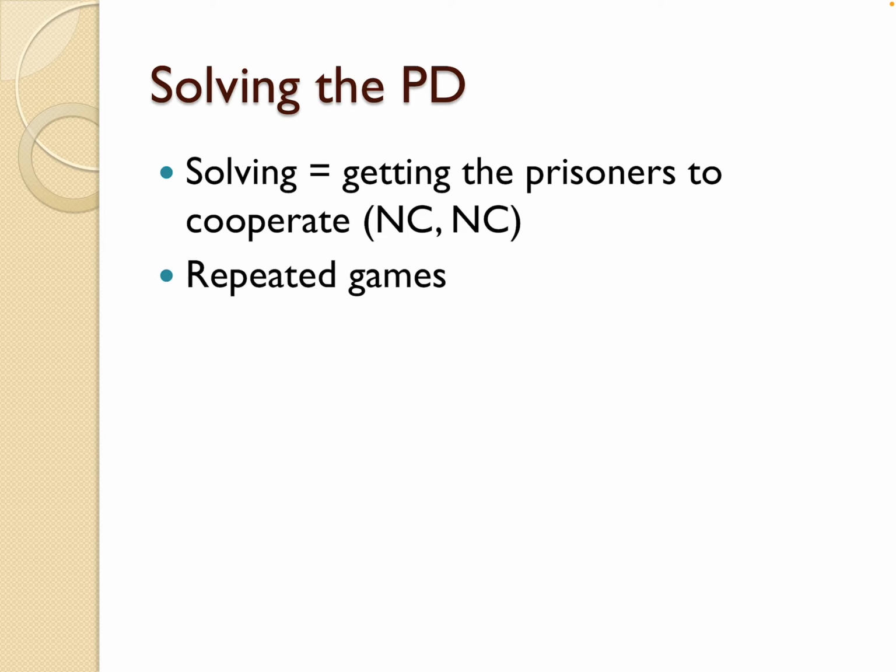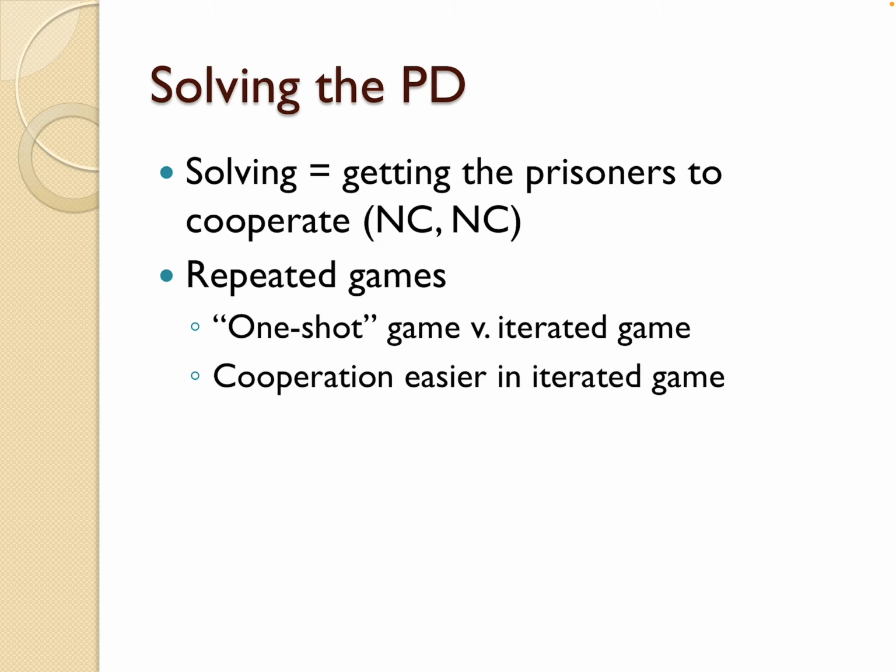Sometimes we call it iterated, meaning that you do the game over and over again. If I could do the game once, that Golden Balls video that you watched, that's the only time those two people would be doing that game. Would it be easier to get to cooperation if they knew they were going to be doing that game with each other 1,000 times? Like, okay, this game's done, do it again, do it again, do it again. It turns out that sometimes we can talk about one-shot games, like that Golden Balls game, where they only did it once, or an iterated game where it happens over and over and over again. It turns out cooperation is easier in an iterated game.